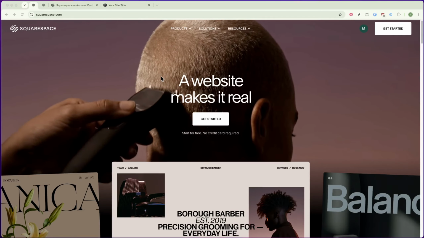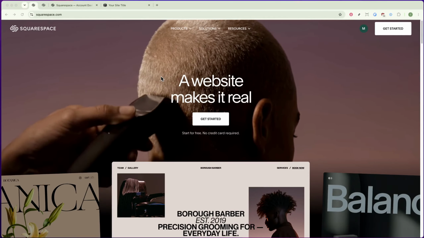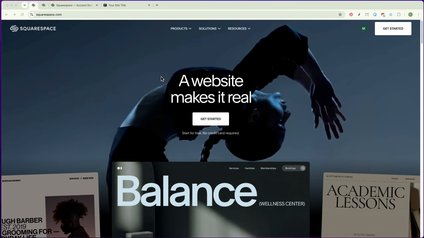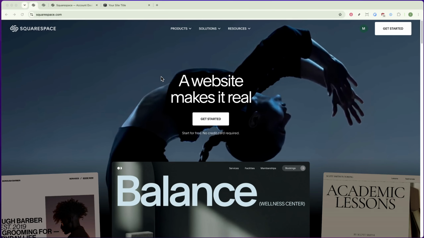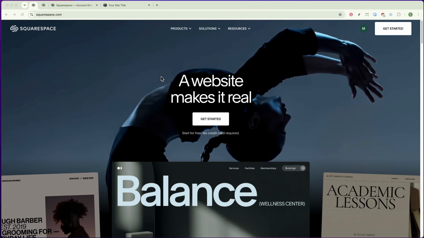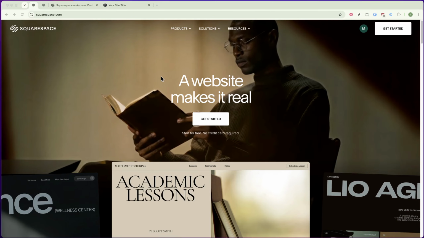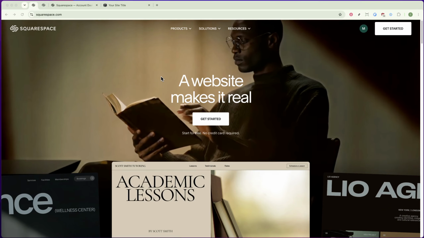In today's video, I'm going to teach you how to transfer a Squarespace website to another account, whether you're handing over a project to a client, transferring ownership within a team, or simply moving your website to a different account. This process is straightforward once you know where to look. By following these steps, you'll be able to complete the transfer quickly and securely, ensuring your website is in the